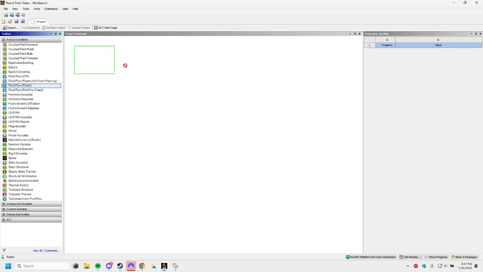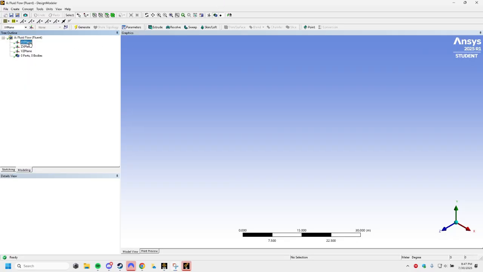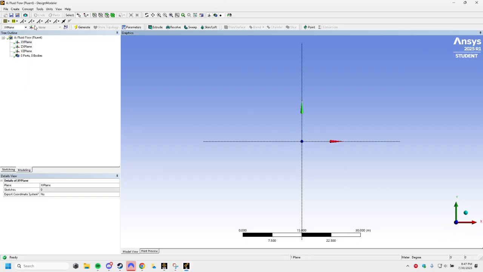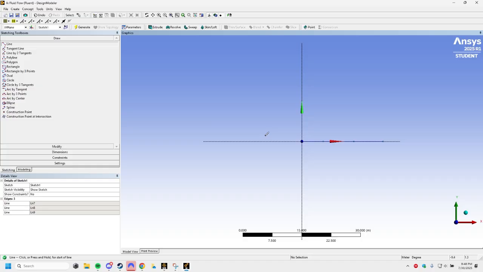First, we go to Fluent Flow Fluent, add to the system, and then go to New Design Model Geometry. With that up, we will go to select the XY plane, hit Z. I'm going to create 4 lines. Horizontal, 1, 2, only 3 horizontal lines. Then we're going to go to Dimension,